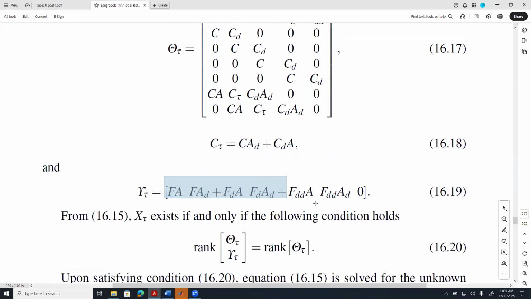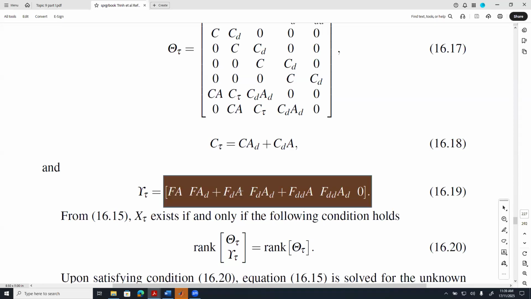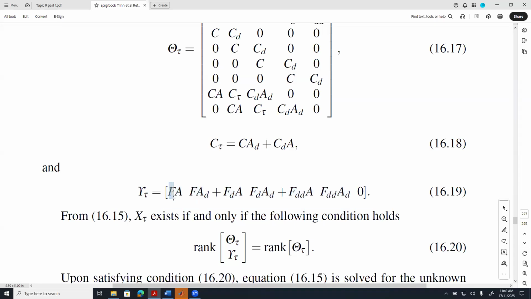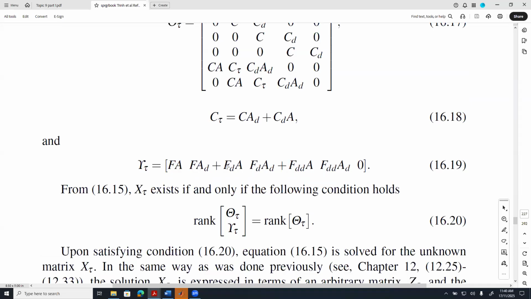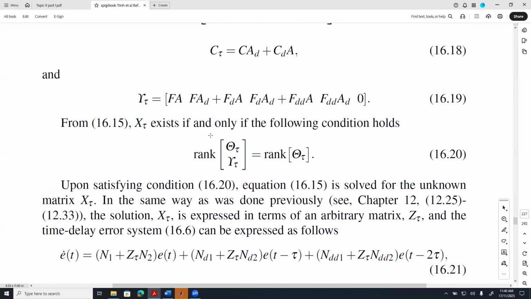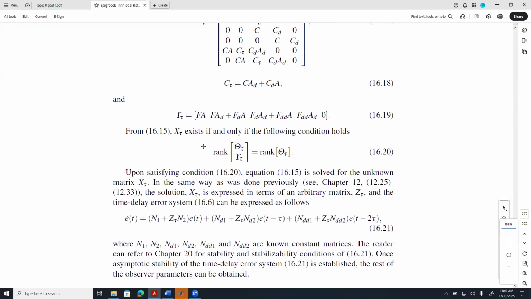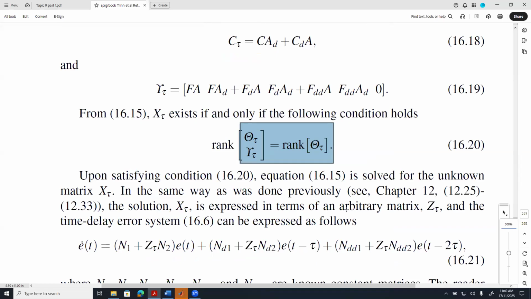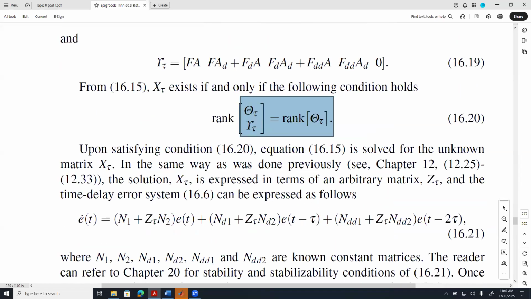And also this matrix is known, because we know all the generalized functional matrices F, FD, FDD, and matrices A and AD. They are part of the time delay system itself. So this is the well-known if and only if condition in terms of the rank of the matrices. And then once the condition is satisfied, just like before, we obtain solutions in terms of the generalized